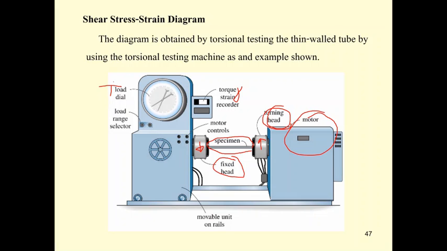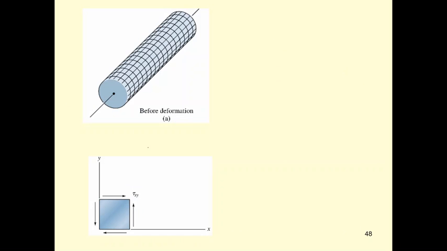From the torque we have, we can determine the tau, in which the shear stress is going to be T times R divided by J. Okay, so we have the shear stress here, and we have the shear strain here. We can plot the graph for the shear stress and shear strain, and in torsion, mostly we consider the square